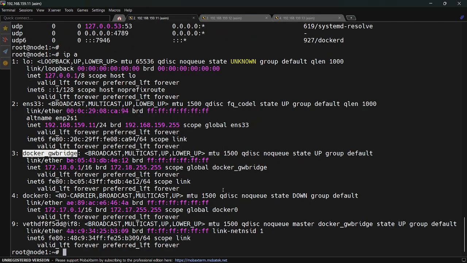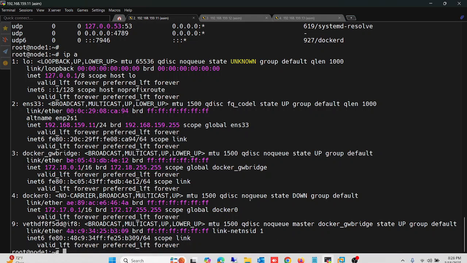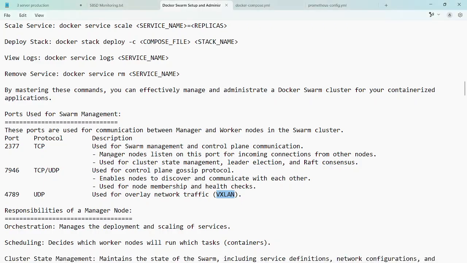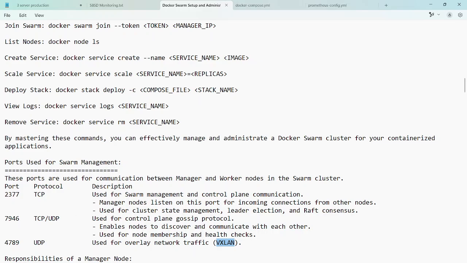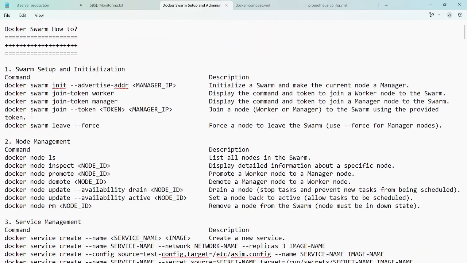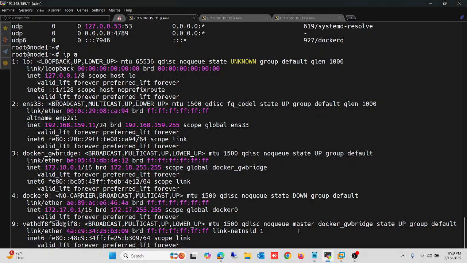So whenever we deploy different containers, the containers can communicate with each other, and different services can communicate with each other across the different nodes. Now we understand this ports concept. So now we understand the init, the join token, manager, worker, the join command,